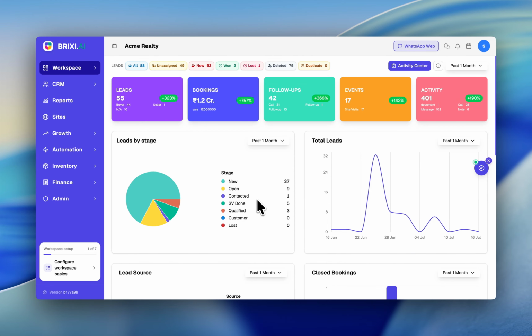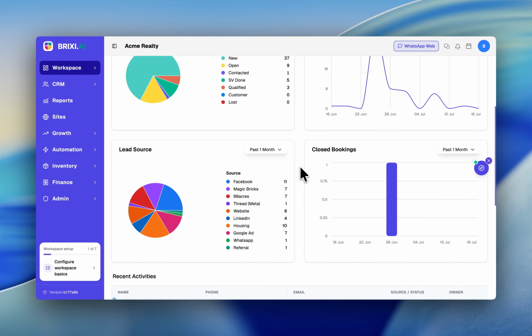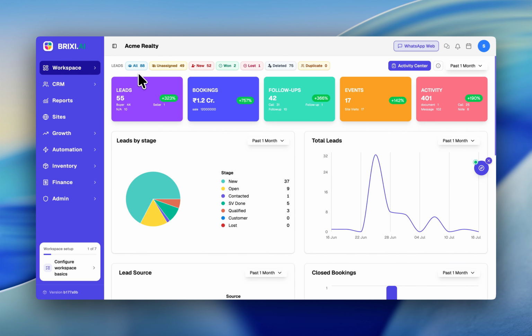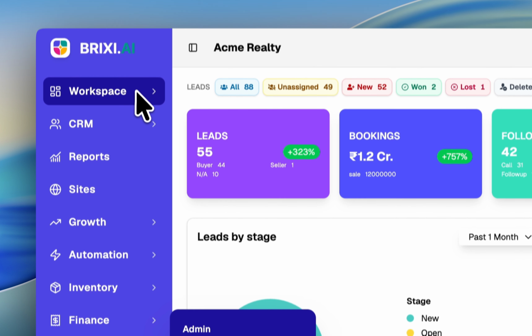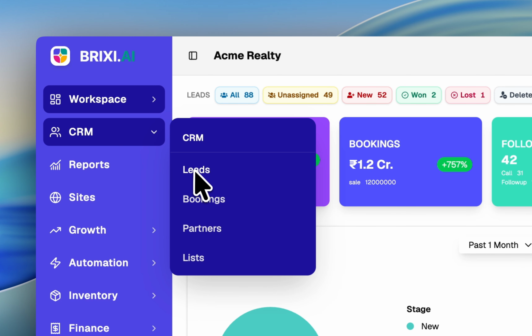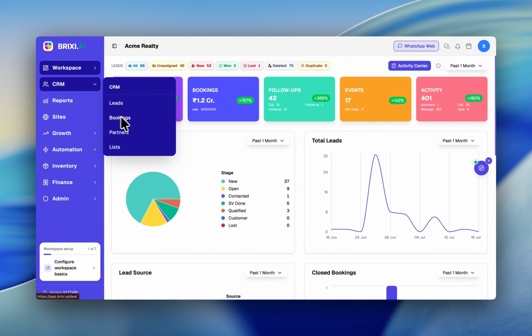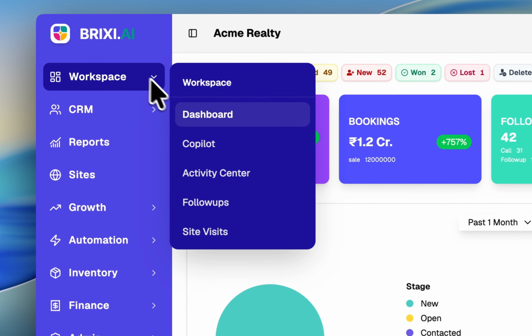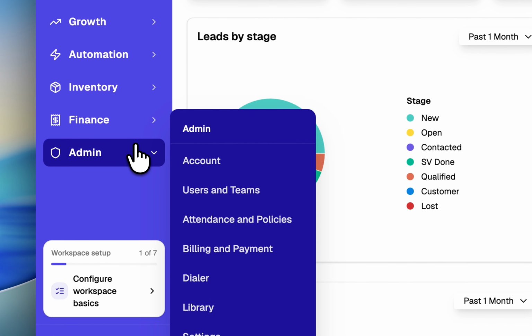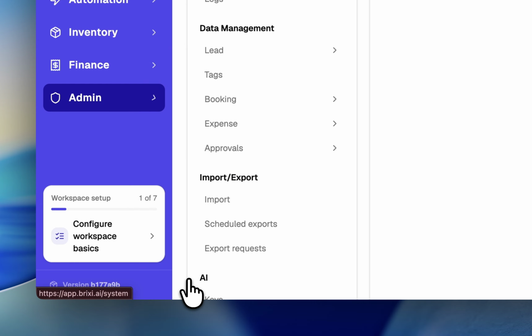So let's see. In the last video, we saw the different navigation panels and how we navigate across the entire Brixi platform. In this video, we'll see how we configure the workspace. Once you log in the first time, the workspace may be calling them contacts, deals, and tasks. To configure the workspace, first you go inside the settings: from admin, go to settings,